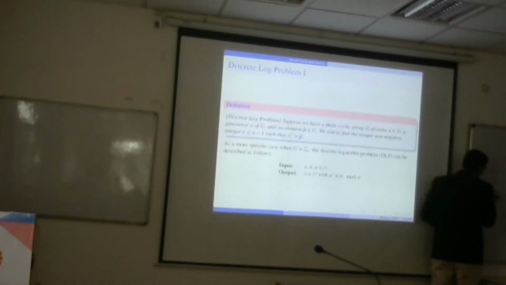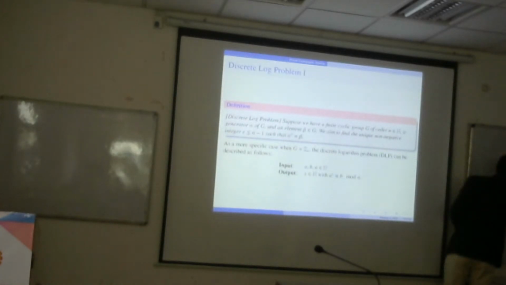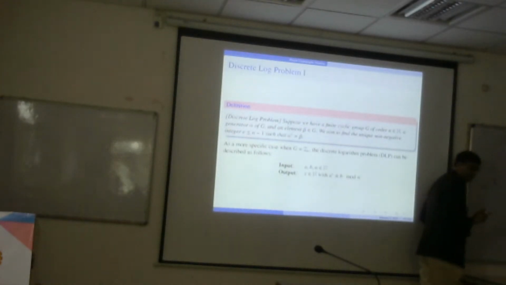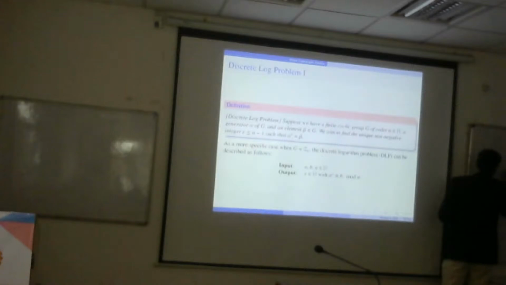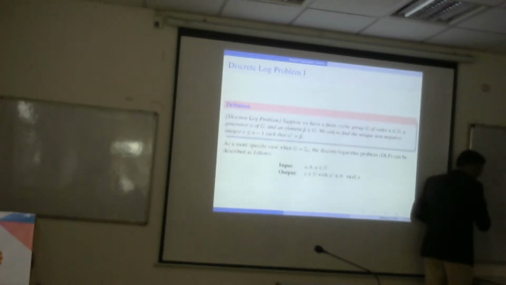What is the meaning of generator? A generator can generate the whole of Zp star, the elements 1 to p minus 1. Alpha is a generator, which means it can generate all the elements of the group with respect to multiplication, so G equals Zp star with respect to multiplication. So we can also write that alpha is the generator of G. Now, given alpha to the power x equals beta,